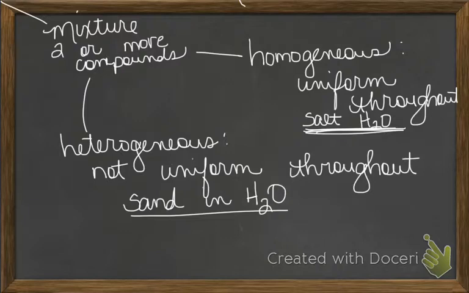Some other examples. Dr. Pepper, Coca-Cola, those are homogeneous. Because you don't shake it up before you use it, do you? I hope not, or you're going to have a mess when you open it. But the Dr. Pepper at the top of the bottle is the same as the Dr. Pepper at the bottom of the bottle. So that would be homogeneous. Heterogeneous. What are some things you shake up in order to use them? Chocolate milk. Chocolate milk would be heterogeneous. Orange juice. Heterogeneous. Italian salad dressing. Heterogeneous.